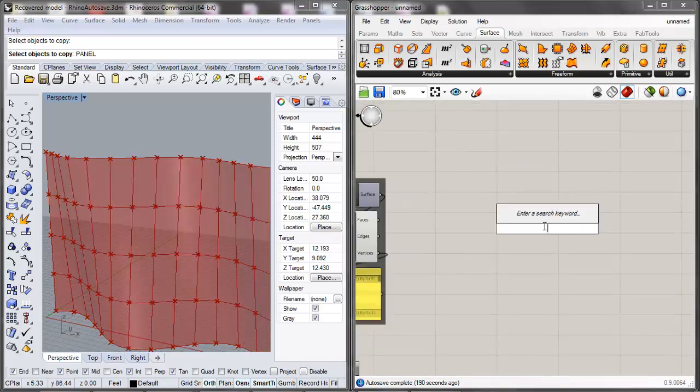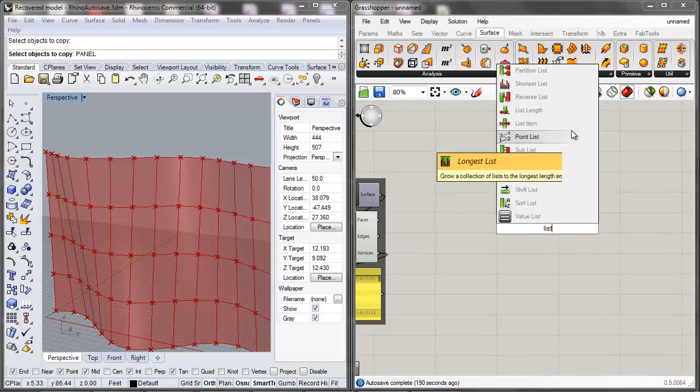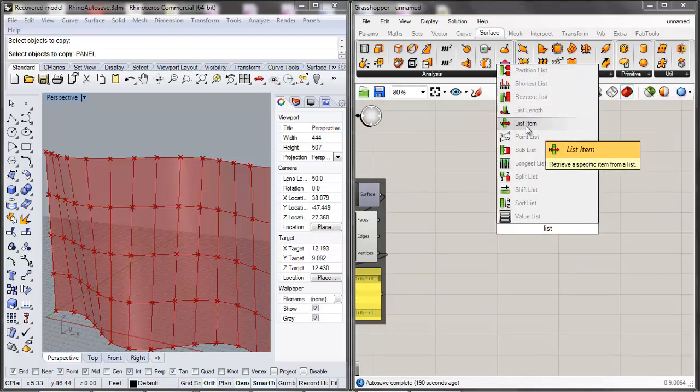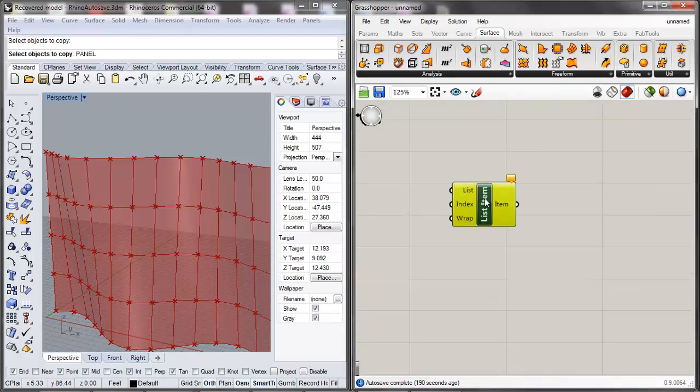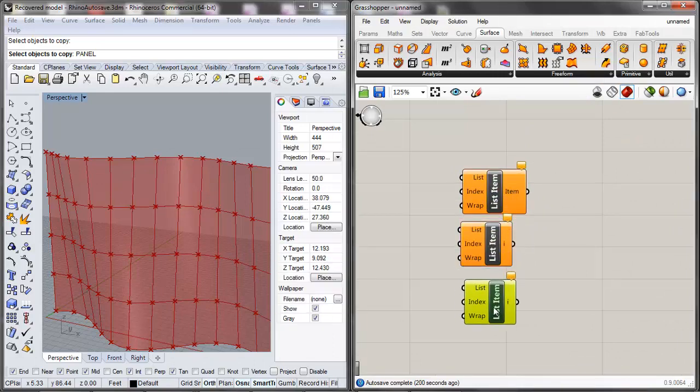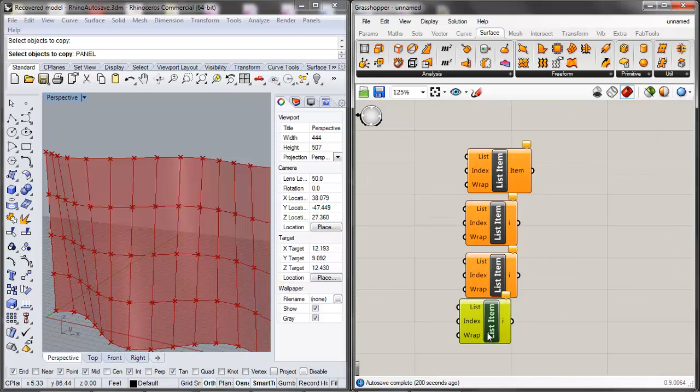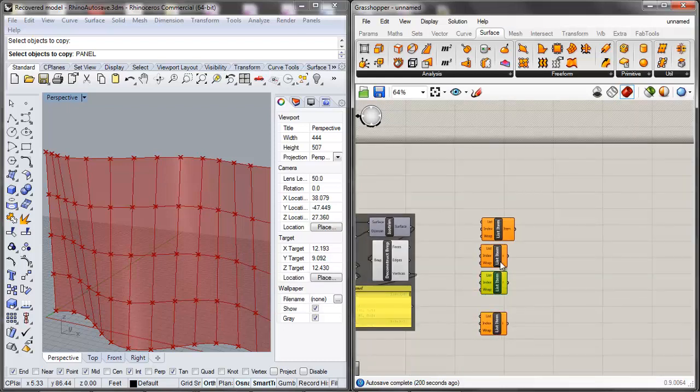Okay, and I'm going to type in list. And then how I retrieve a list item, it's called list item. And I'm going to need 4 of those because I have 4 points in my list. And then it's looking for an index input value. So I can take a simple panel,